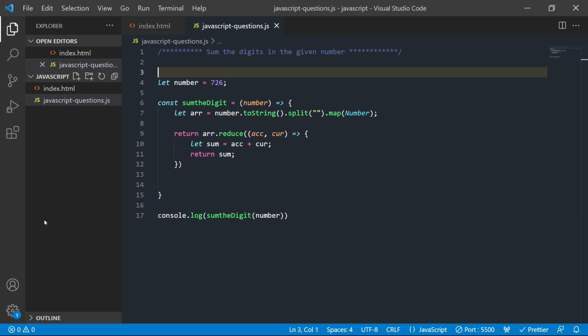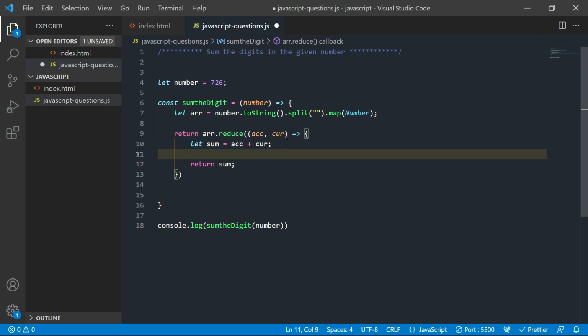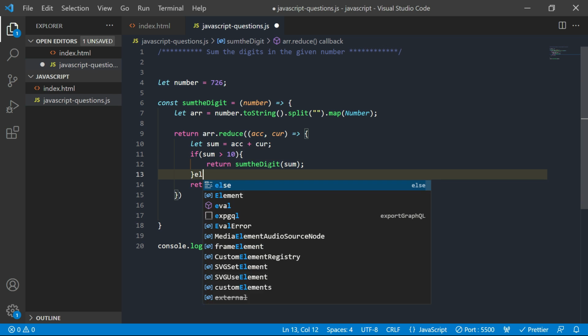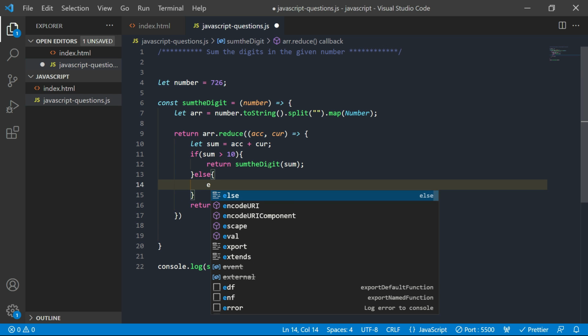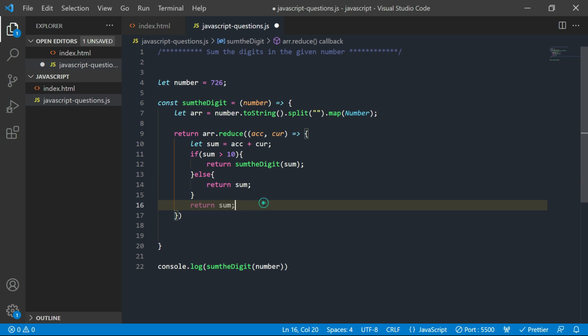Okay, so for that we have to write a condition over here. If the sum is greater than 10, then we should return the same function again and pass the sum. Else return sum, and we can remove this from here.